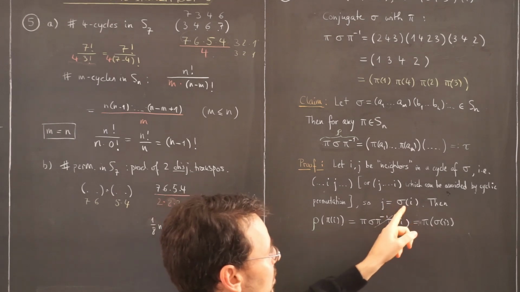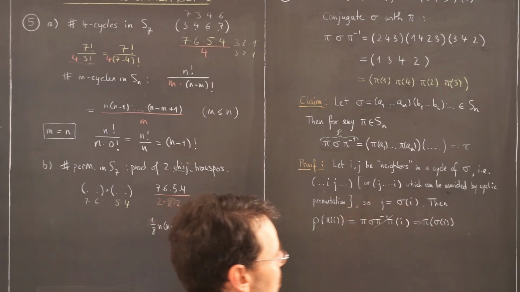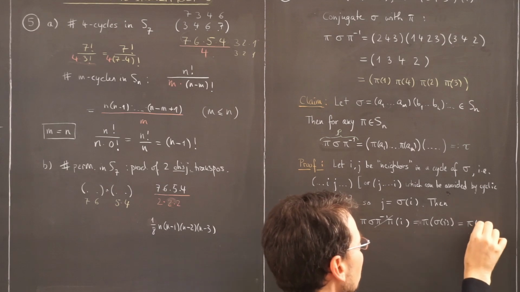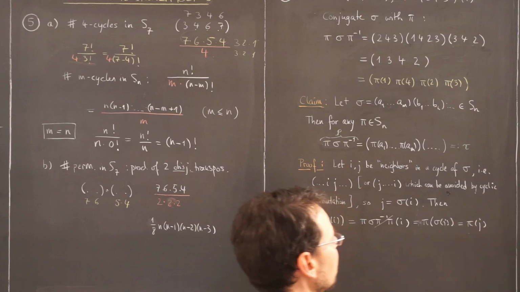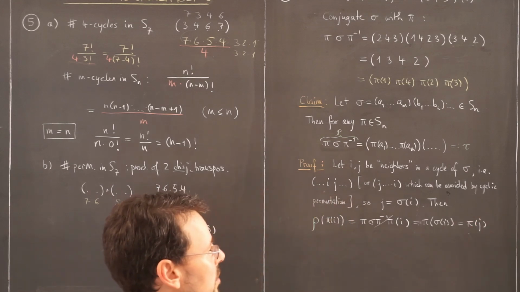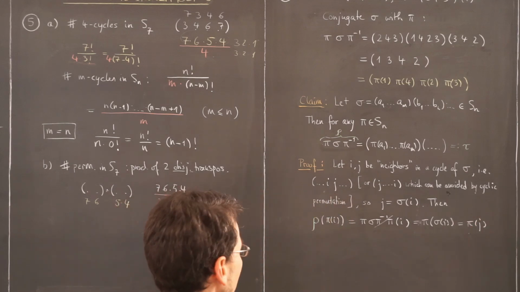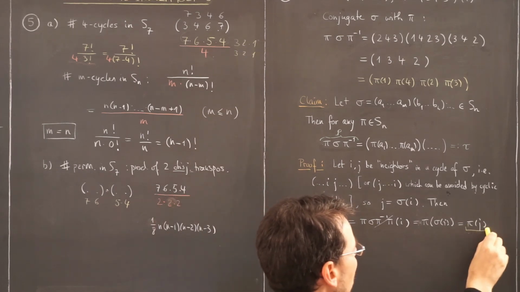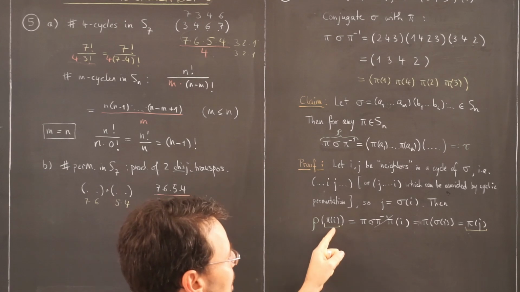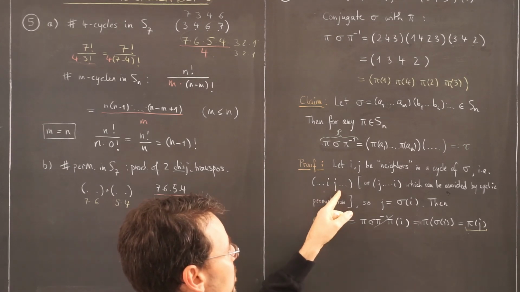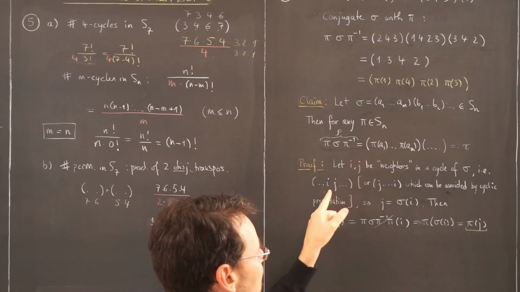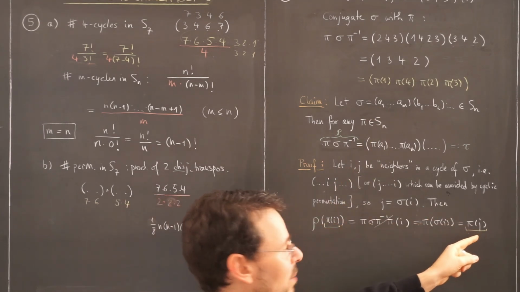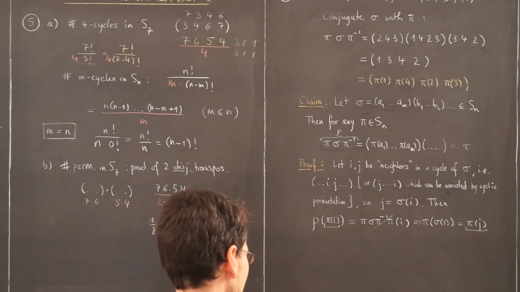But now, by definition, sigma of I is j. So this is pi of j. But what does that mean? That means exactly that if these two are neighbors in the cycle decomposition of sigma, then pi of I is a neighbor of pi of j. And this is exactly